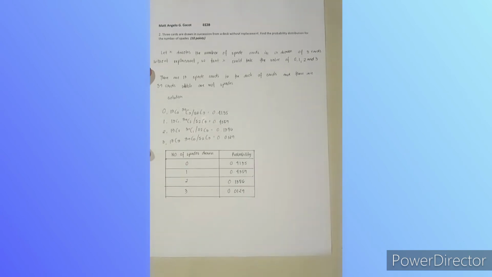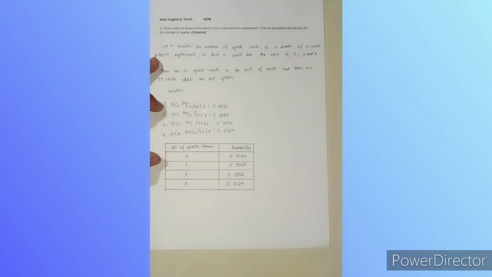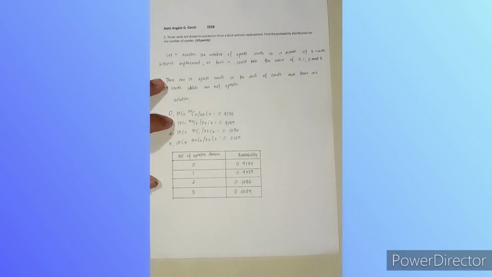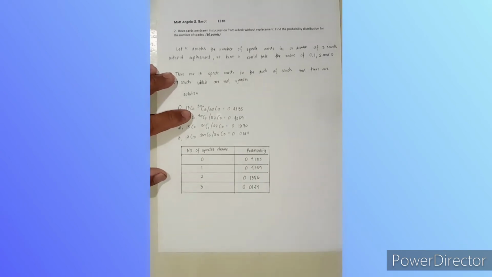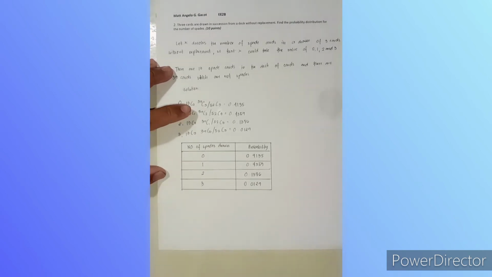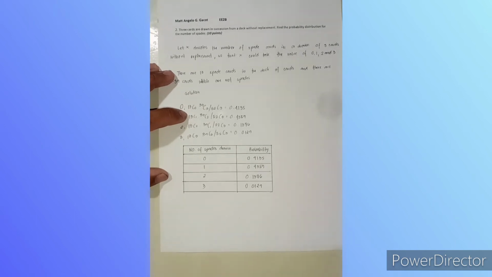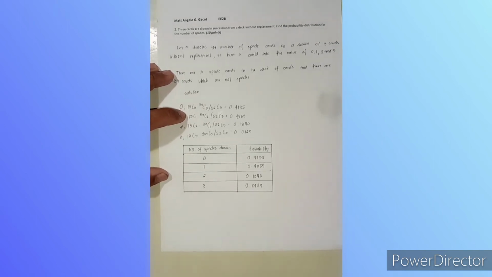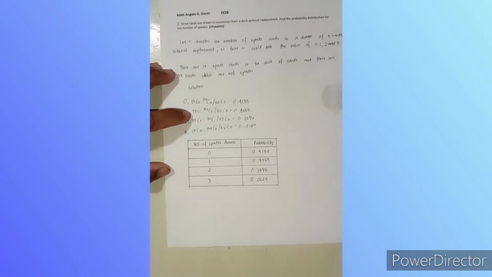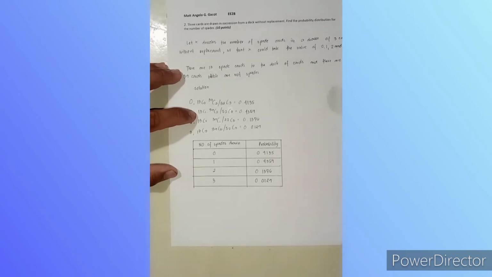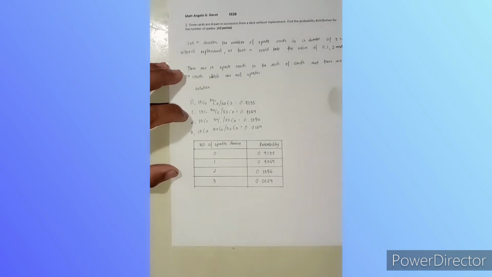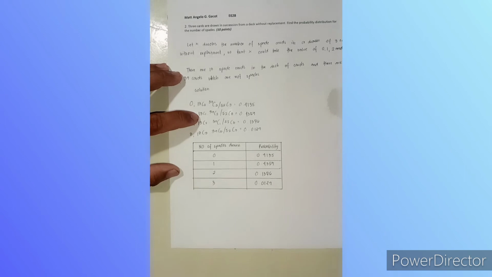So, solution. For 0: 13C0 times 39C3 all over 52C3 is equal to 0.4135. For 1: 13C1 times 39C2 over 52C3 is equal to